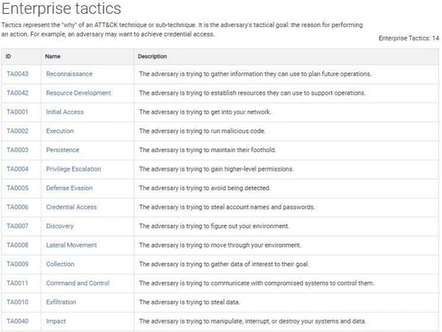Reconnaissance. The adversary is trying to gather information they can use to plan future operations. Reconnaissance consists of techniques that involve adversaries actively or passively gathering information that can be used to support targeting. Such information may include details of the victim organization, infrastructure, or staff/personnel. This information can be leveraged by the adversary to aid in other phases of the adversary lifecycle, such as using gathered information to plan and execute initial access, to scope and prioritize post-compromise objectives, or to drive and lead further